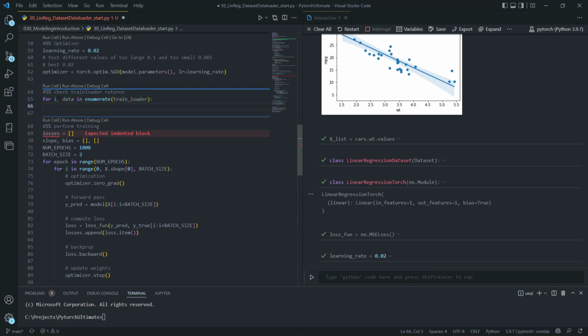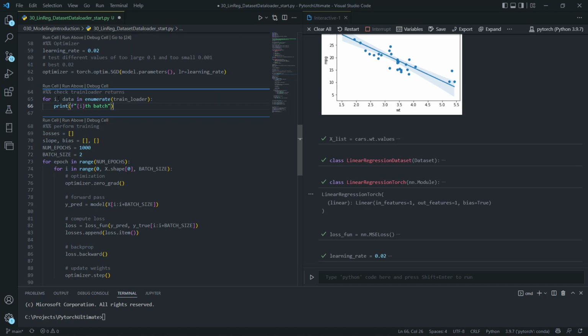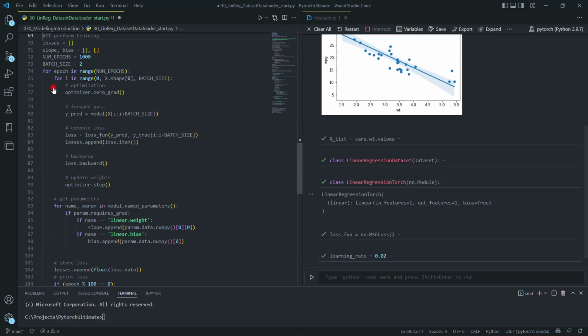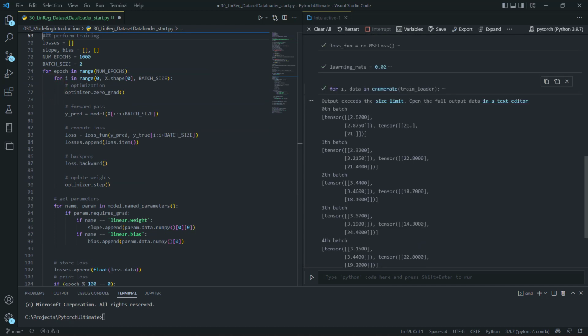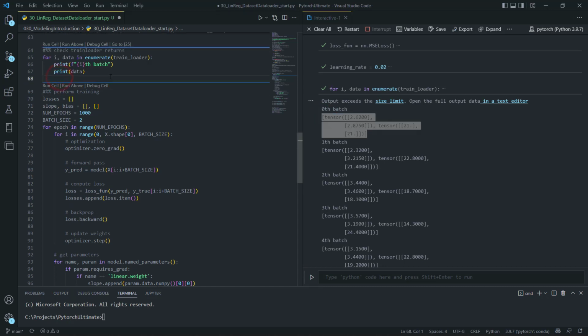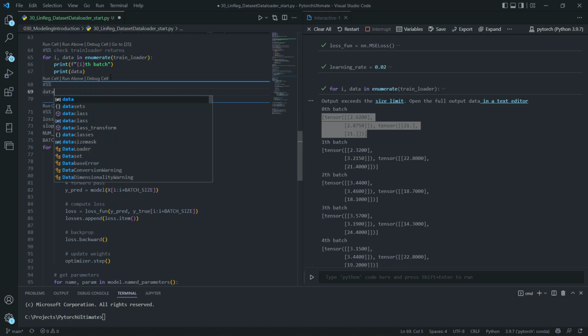run it like this, and then let's just print which batch we have here and then which data we can see. We can see here the 0th batch, and then we can see here the data is actually a list of tensors. And let's maybe try to understand this in more detail, because here in the data we have a first object,